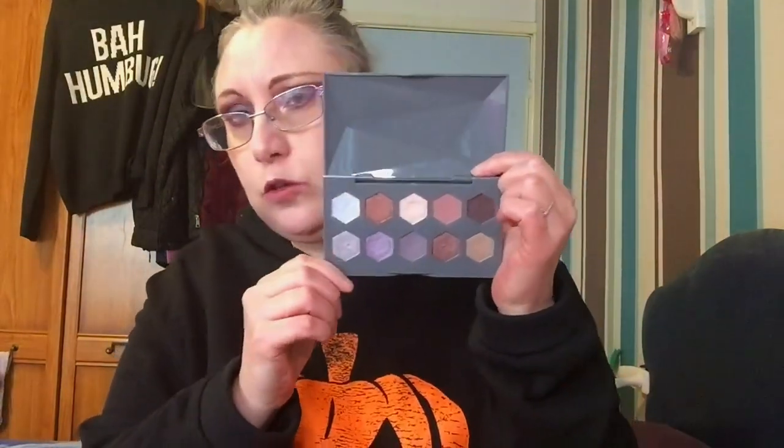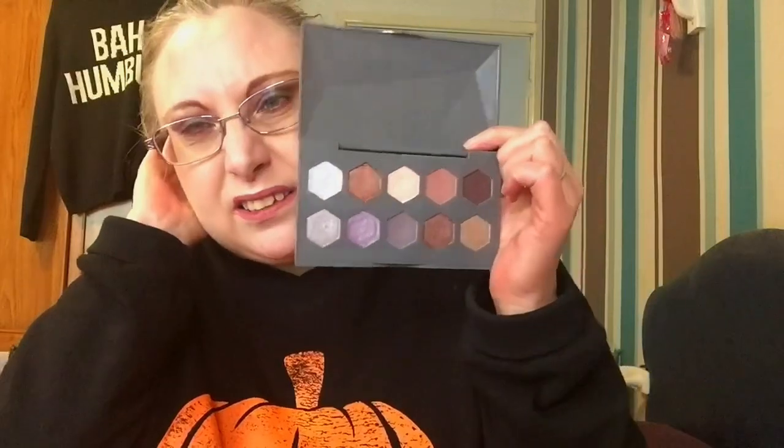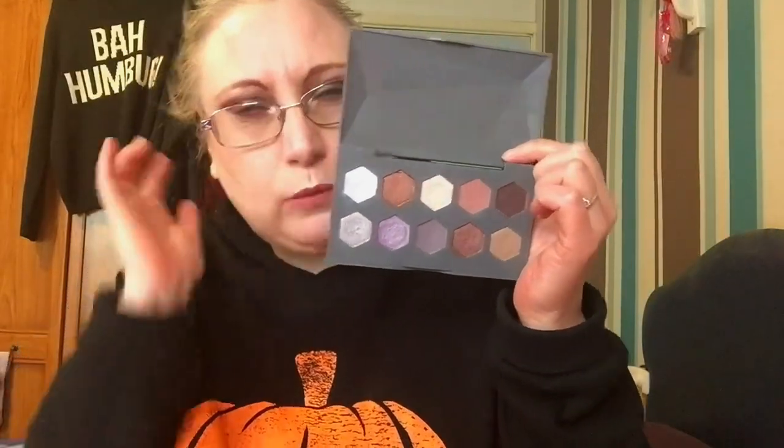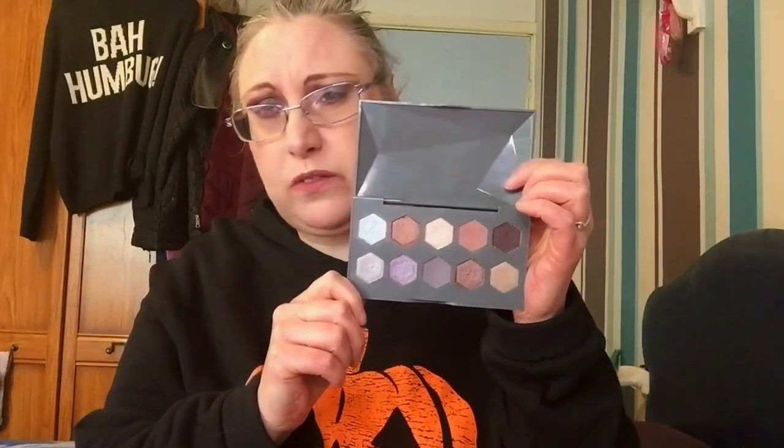And this is gorgeous. I've used it quite a few times over the period of time I've had it. And it is stunning. It works really well. My only issue is I could have popped in another couple of matte shades, because there's only 2, that one and that one. It needs a few more matte shades, but I've got other palettes I can pick the matte shades out of,